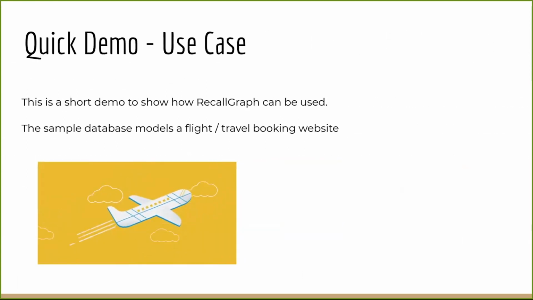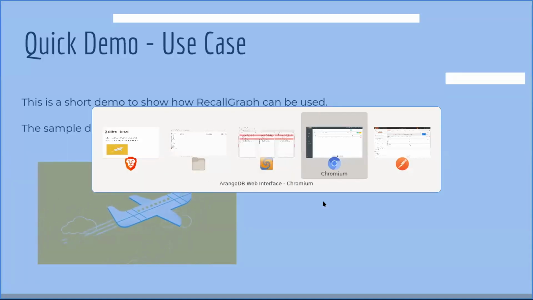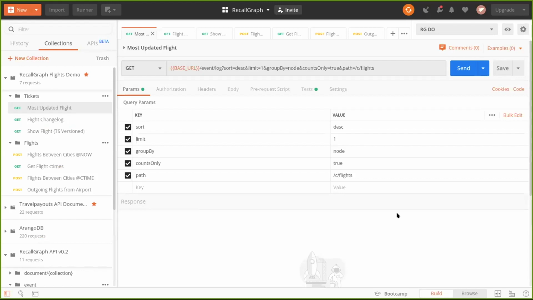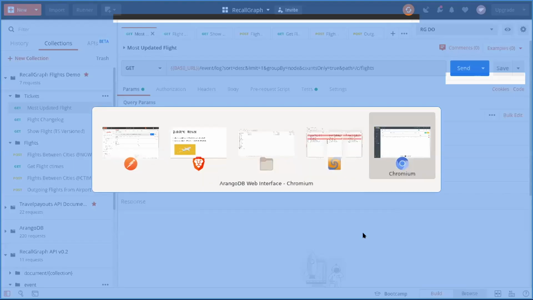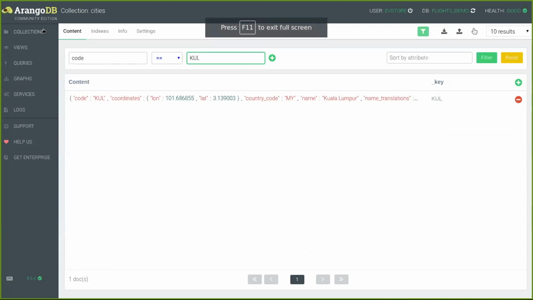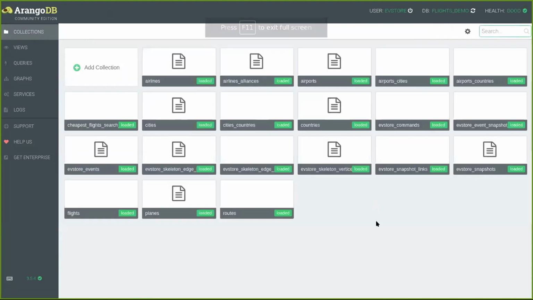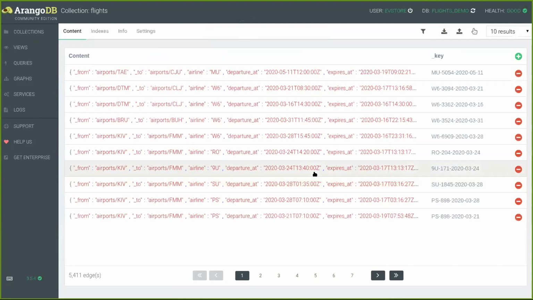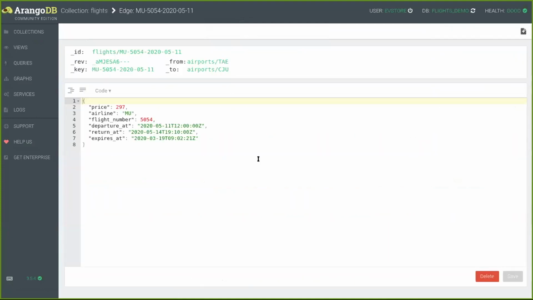Okay, so now we're going to switch over to a quick demo wherein hopefully I will be able to demonstrate RecallGraph in action. Before I jump to the demo, let me take a little bit of time to explain the nature of the data that I'm going to work with. This data has been pulled from a travel portal website. In that website, you have information about flights going from a certain source to a destination, the flight dates, and the flight prices.